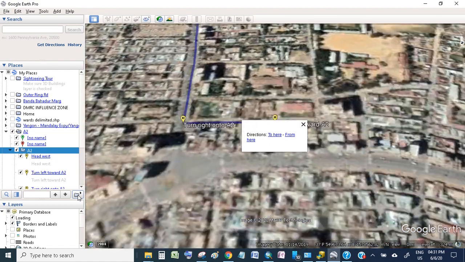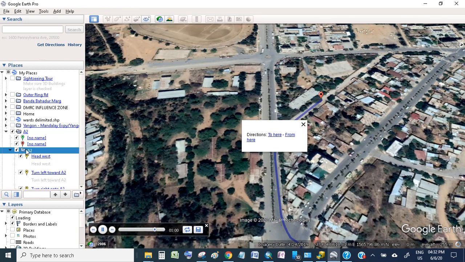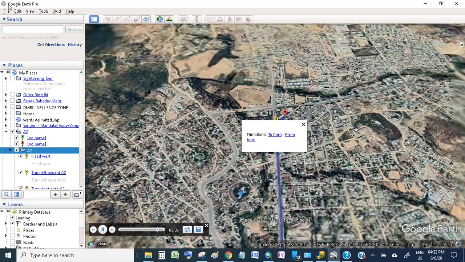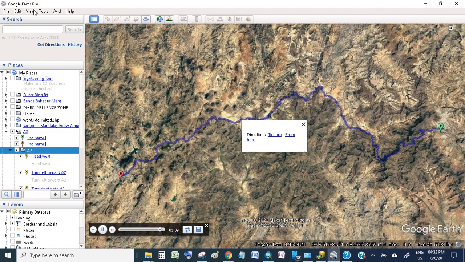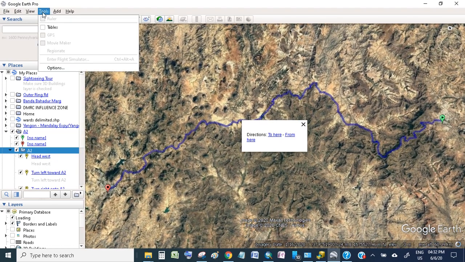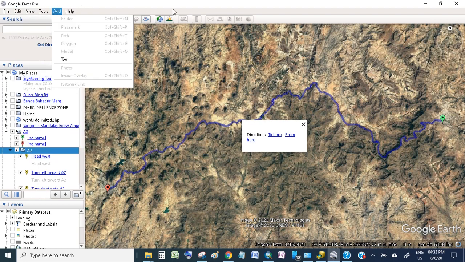Right from Adigrath, Google Earth will take you along the route. So you can customize the tours properties. You can view. Okay, here you can